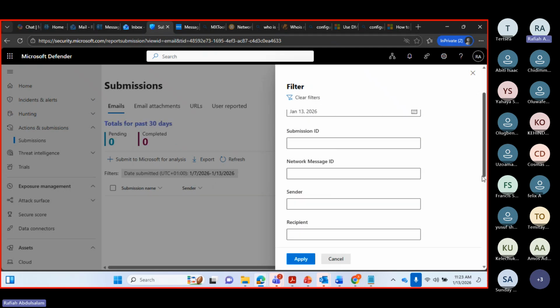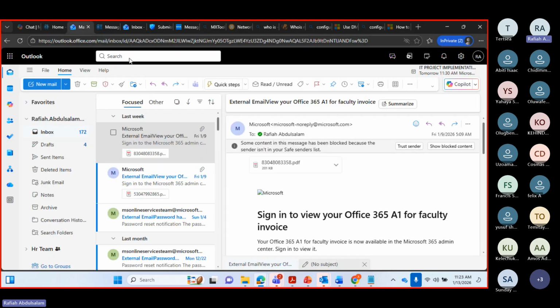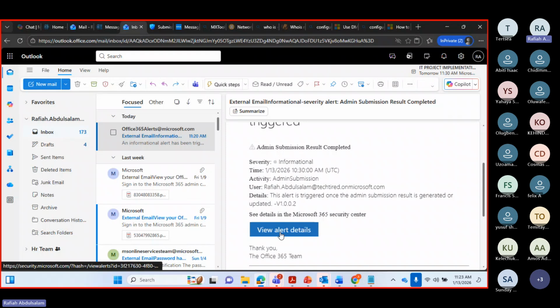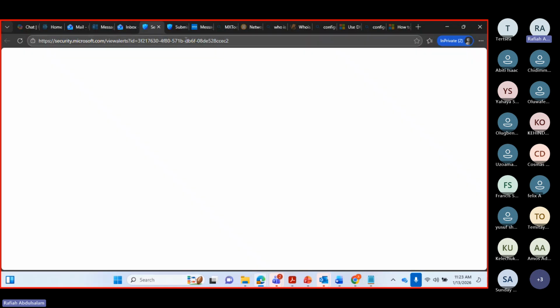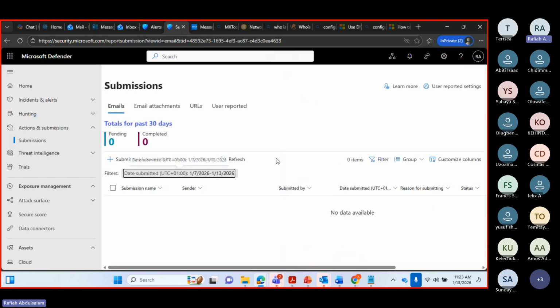Submission ID, I don't have one. Okay, if I go to my Outlook, I know I received a mail here. View alert details. So I can still choose to make another submission if that initial one isn't showing,